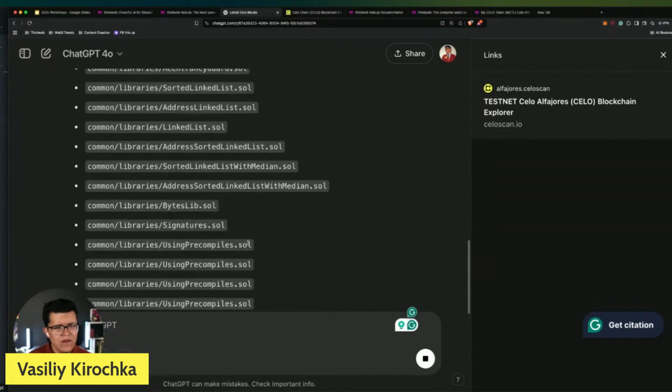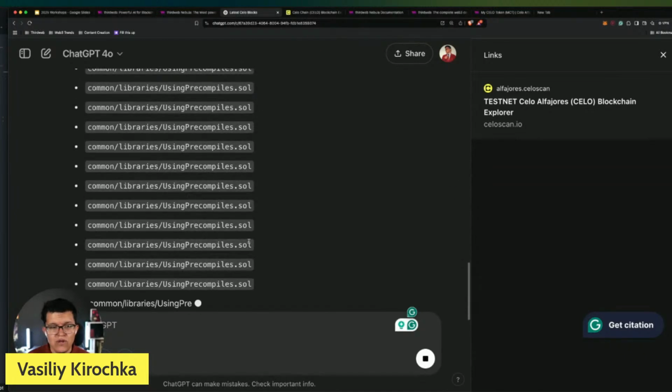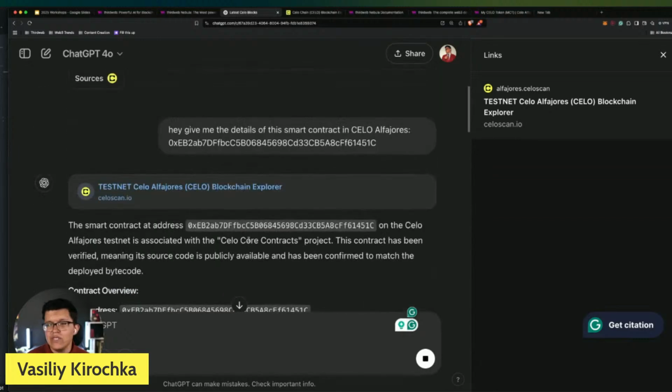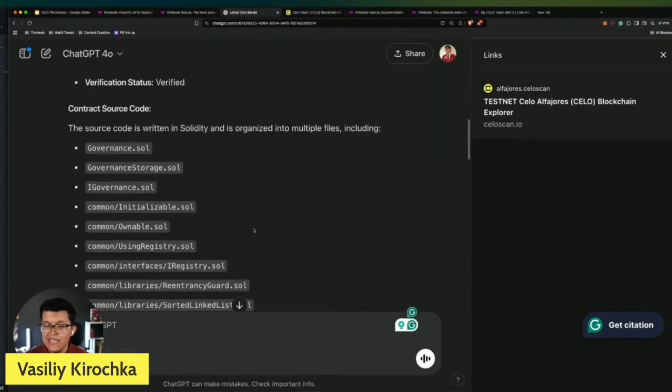And it's giving me a lot of information, but I already know that this is not correct, basically because I know what this contract is. This contract is about an ERC20 token I deployed for Celo. Let's see how this is different from